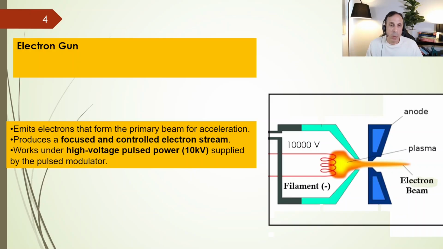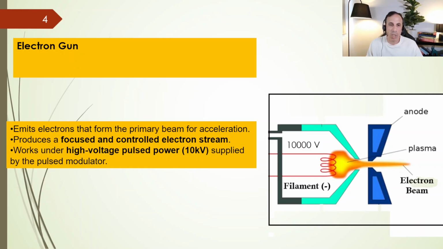Among all components, the electron gun is the component responsible for electron production, so we will explain a little bit about it. It is the component that actually produces the electrons that will later become the treatment beam. So it is important in the whole chain of electron production. Normally it operates using short high voltage pulses from the pulse modulator, which helps release the electrons at the right time